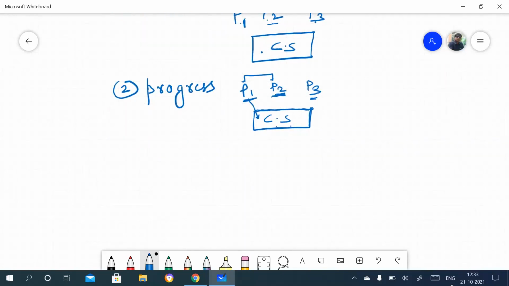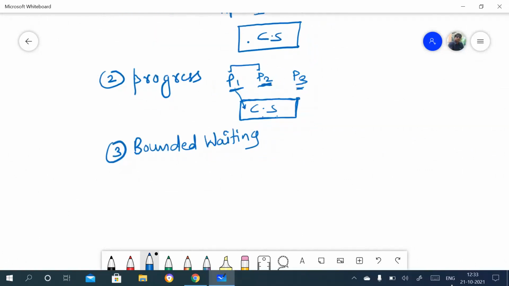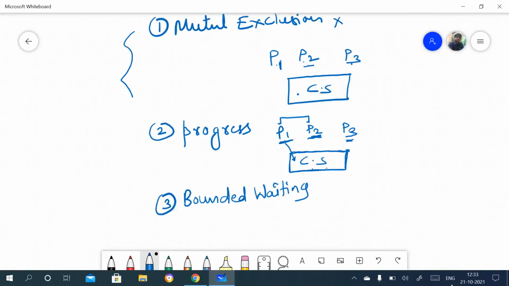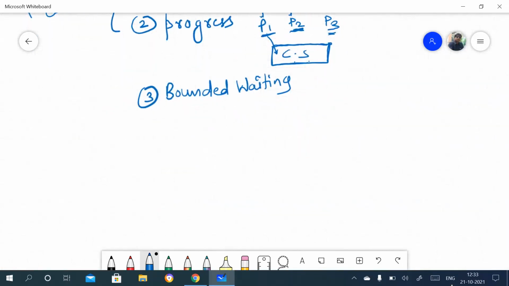And the third condition is bounded waiting. Now, what is bounded waiting? Actually, these two conditions are primary conditions. The third condition, bounded waiting, comes very rarely, but again we need to consider that condition must not come, right?